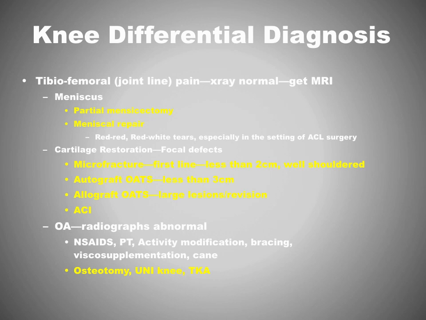In osteoarthritic patients, their radiographs are abnormal. They'll have joint space narrowing, subchondral sclerosis, cyst formation, and osteophyte formation. In these patients, I go through a mental checklist and try to figure out what they have not tried among the things in my armamentarium for osteoarthritis, such as nonsteroidal anti-inflammatories. I like Celebrex, physical therapy, activity modification, bracing, viscosupplementation, and in older folks, a cane or a